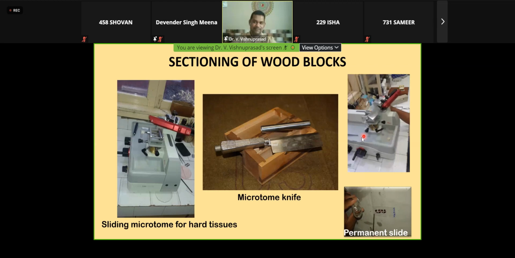So I'll just quickly show you the flow chart for how the maceration has to be carried out. You depend across the LS, either RLS or TLS, but it has to be LS. You cannot take it transverse because you want the entire length of the fibers. So you have to collect the wood chips accordingly, thin chips, and slightly thick wood also. Take the chips, put them in a test tube, proper labeling has to be done, and in the test tube